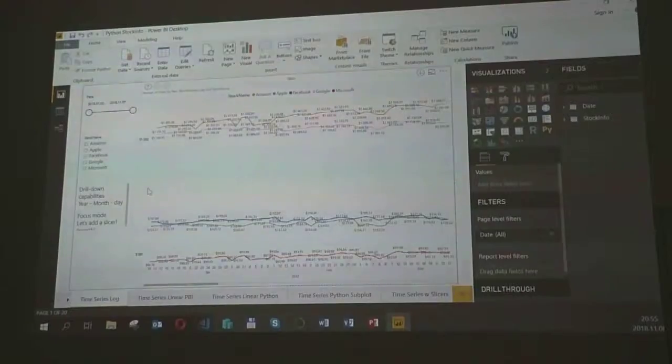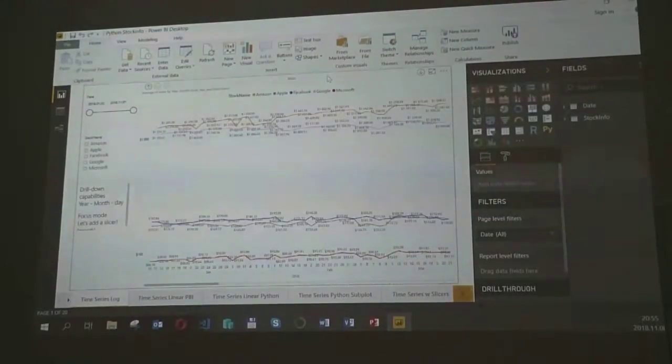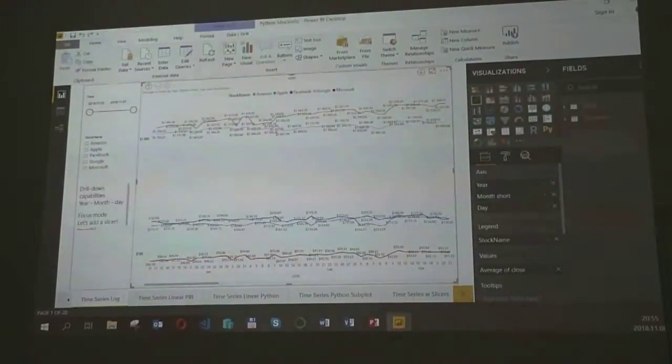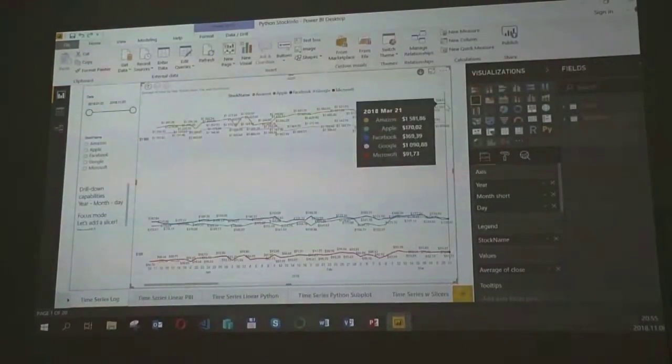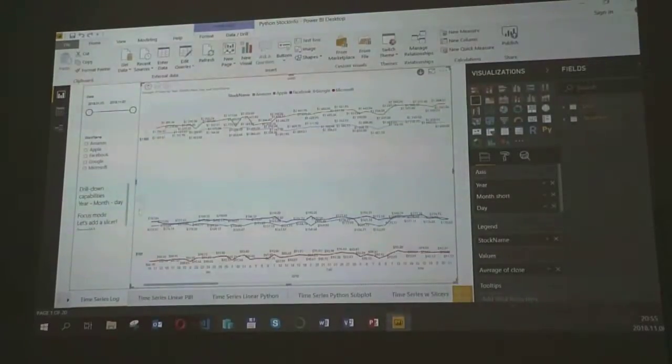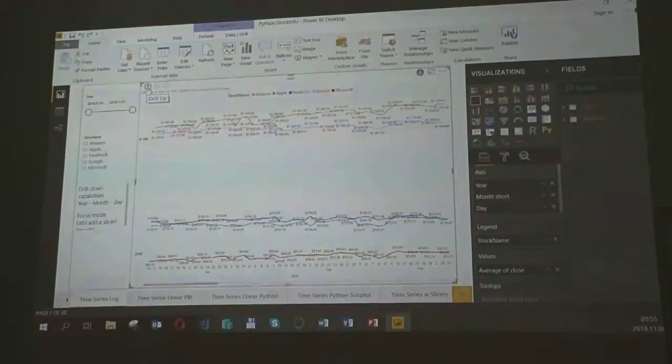And I'm going to show you some Python visualizations and Power BI visualizations as well. This is from Power BI, and I want to show you that these are the days on the lines.